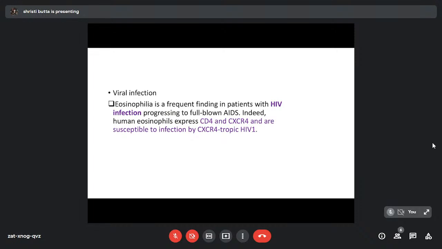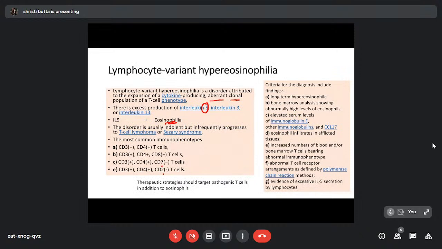Why? Because they are either CD3 negative, CD4 positive, CD8 negative, or CD3 positive, CD4 positive, CD7 negative, or CD2 negative but CD3 and CD4 positive. So this disorder is usually indolent but infrequently progresses to T cell lymphoma and Sézary syndrome. That is why it is very important to understand that this patient has a lymphocyte variant hypereosinophilia. The criteria for diagnosis is a long-term hypereosinophilia, and bone marrow analysis showing abnormally high levels of eosinophils,